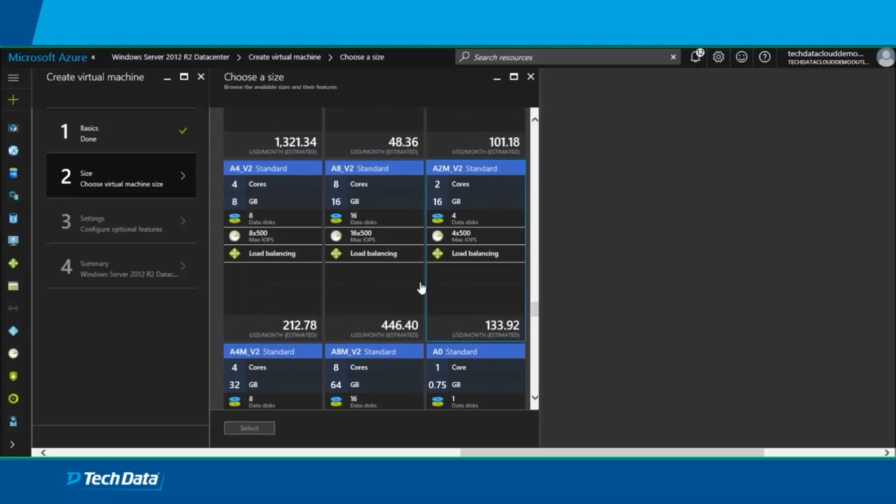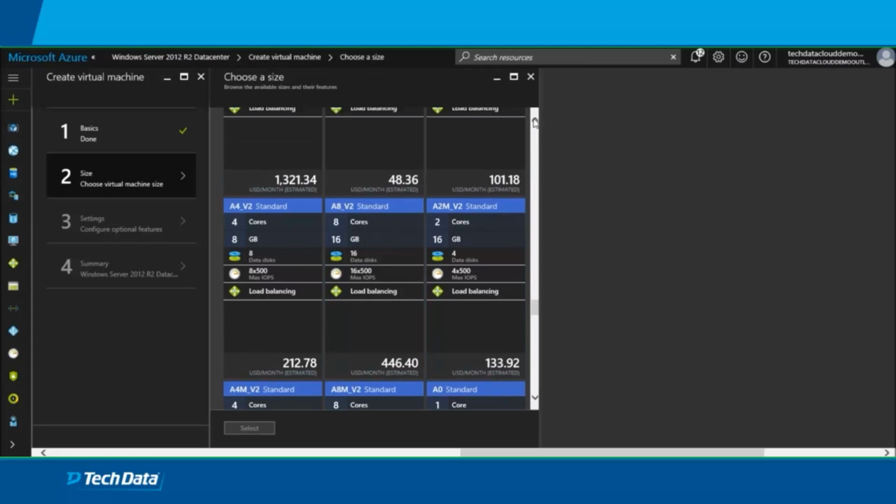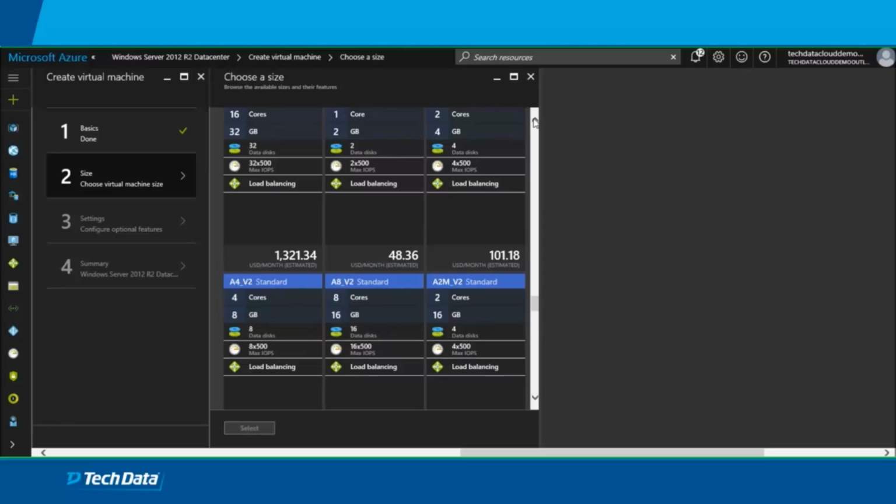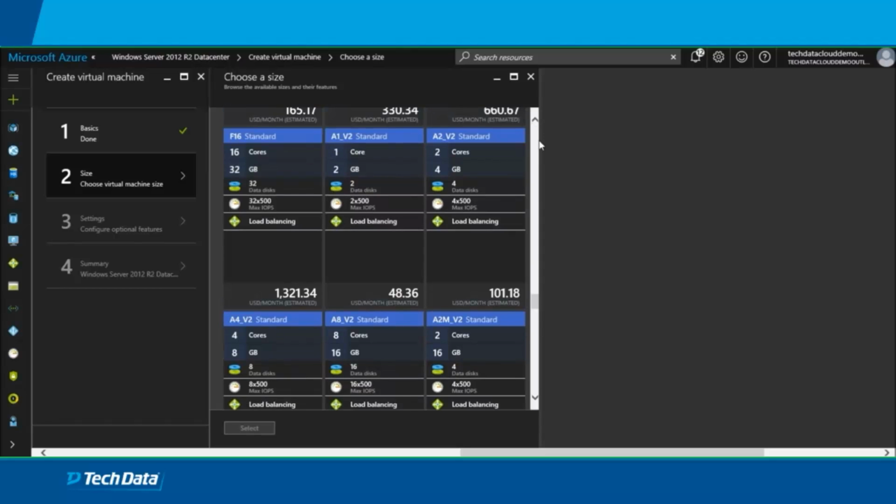So when we take a look at this, the machine's a little big for what I do, maybe better for a database. The one I'm looking for is right above it. It's got one core, 2 gig of RAM, and it's going to cost me $48.36 a month to run that. So that's the one I want to pick. Once we select that,